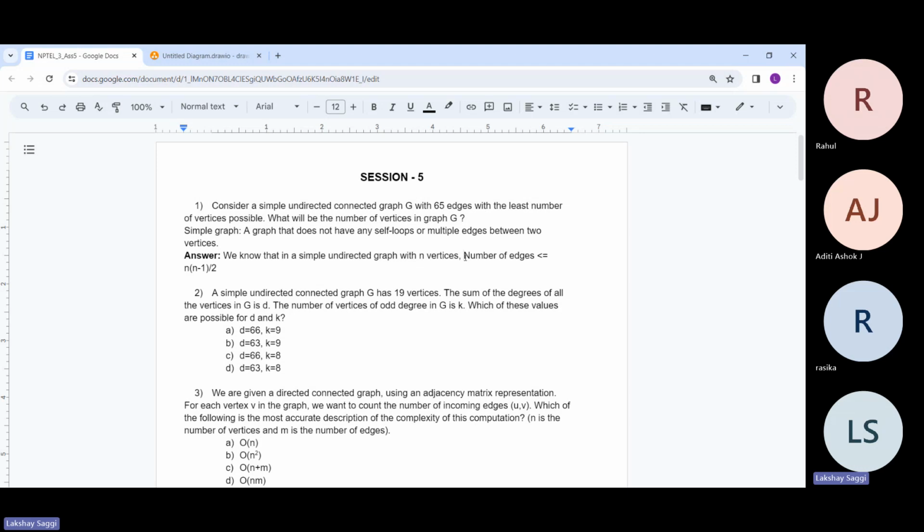I hope everyone gets why this is the case. The number of edges will be bounded by the number of pairs of vertices, right? Because every pair can have at most one edge between them. And the number of pairs of vertices is just, if we have n vertices, we want to choose two vertices out of n vertices, so there are n choose two ways. n choose 2 is nothing but n times n minus 1 by 2. So what we get is that the number of edges will be less than or equal to n times n minus 1